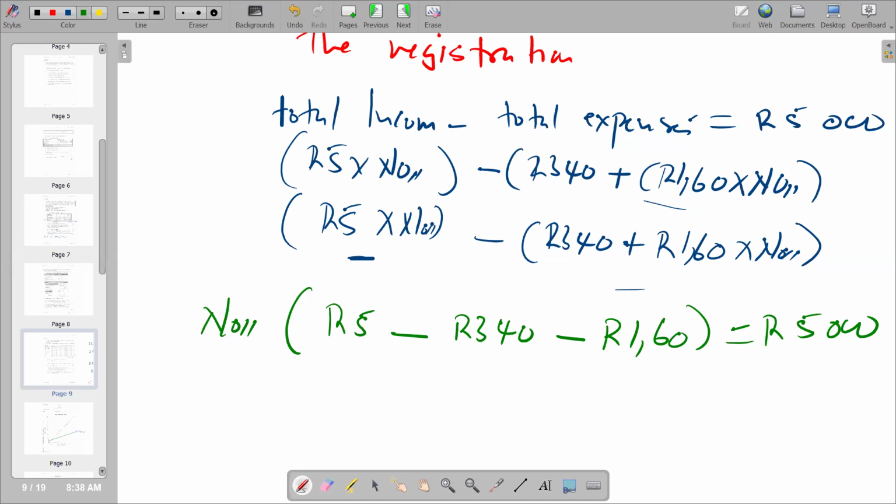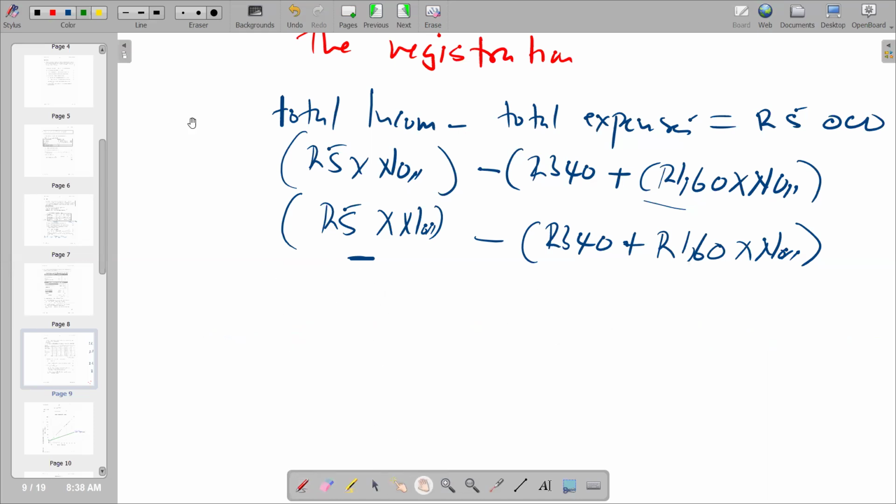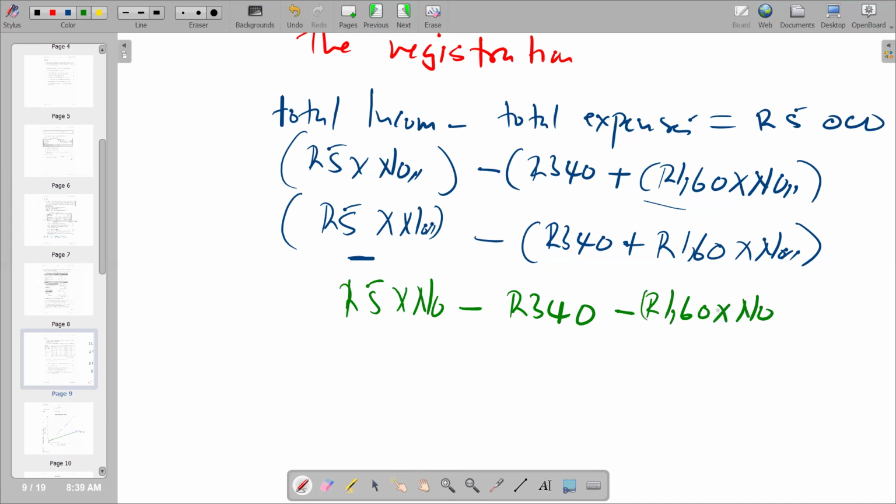So we can maybe remove this calculation to make it simpler. If we remove the brackets, it becomes 5 rand times the number, and then we subtract here negative 340 times, it becomes 340 rands, and then obviously here negative 160 times a number becomes a negative 160 times number. So we can try to match it like this, and then it becomes equal to